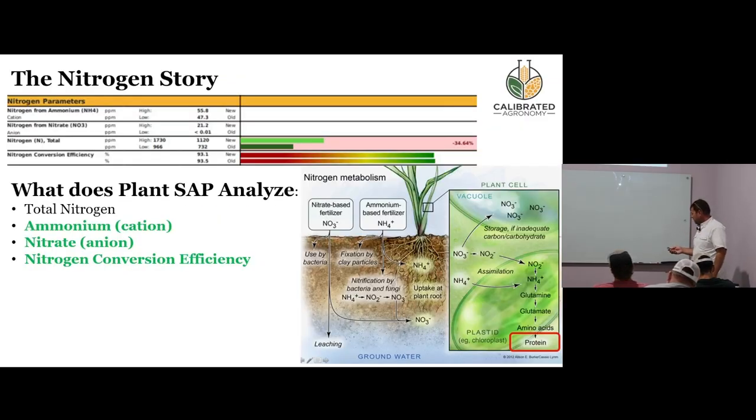And so this is how we evaluate this. We go back to the sap. And from a quick standpoint, we can look at this nitrogen conversion efficiency. We've preached, we really like that in a 90 to 95% conversion. In corn, if I can keep this above 82 to 85, I'm pretty happy as a whole, especially through our rapid uptake period. So early in the season, when you plant from emergence to V6, if we can keep this